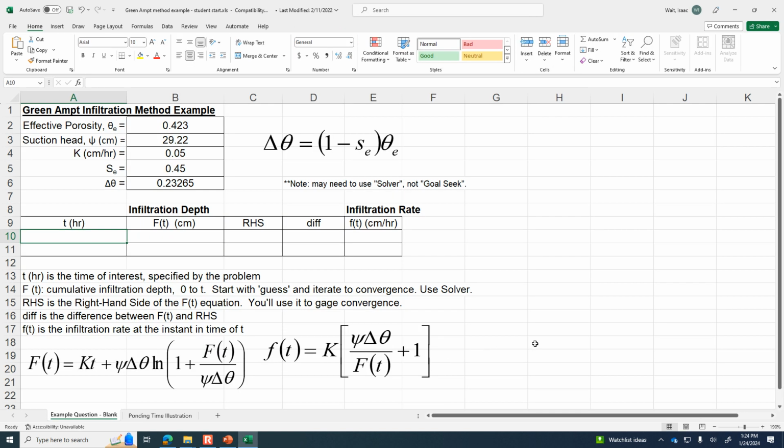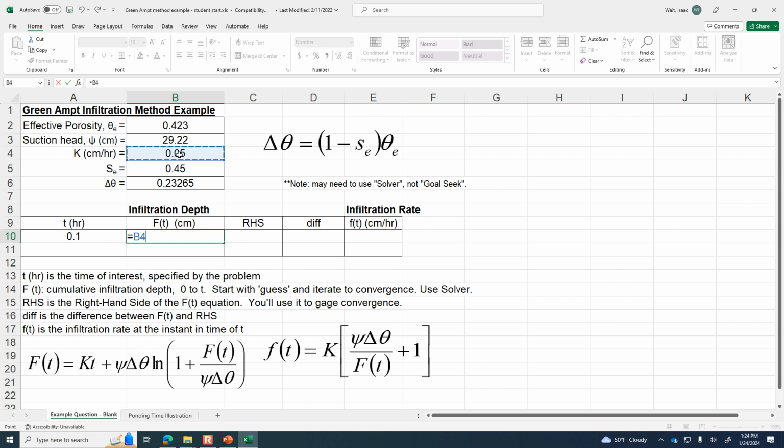Okay, so we want to know how much is the infiltration depth after 0.1 hour. Okay, so T is 0.1. We want to know how much water infiltrated at 0.1 hour. And the simplification, maybe the starting point guess, is K times T. So just as an initial guess,